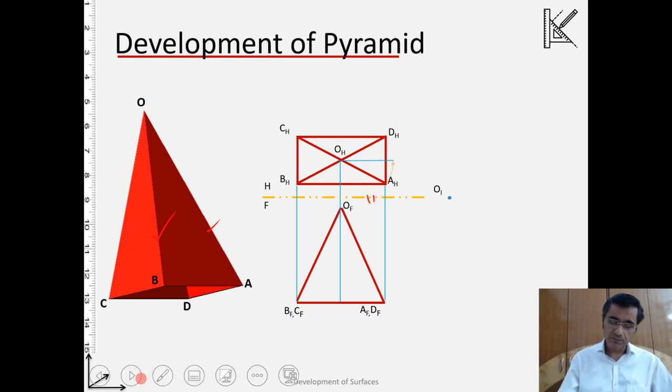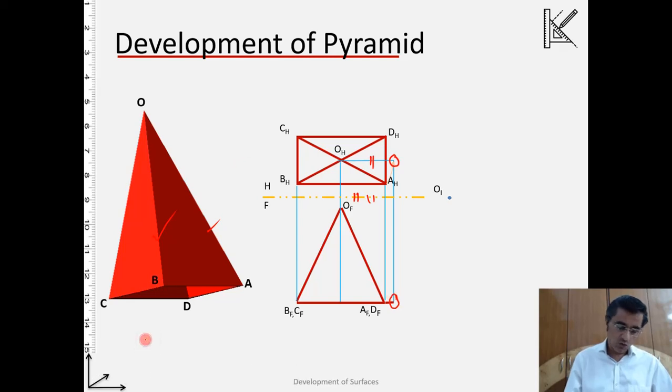So now this is parallel to this, and corresponding to this we will find its horizontal projection, and the horizontal projection is here. If I join it with OF, I have now the true length of the edge over here.